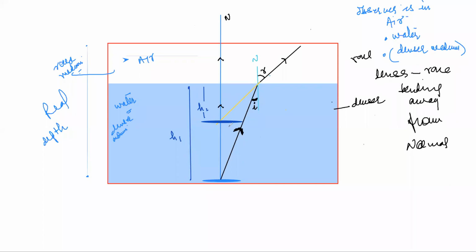And this has many applications. The pool appears shallow. The man standing in the pool, his legs appear shortened. You dip your hand inside the water, and you find the fingers are shortened. You dip a pencil inside the water container, and you find the pencil is bent inside the water. All these mean we are not observing the real object inside the denser medium. So write in the book somewhere,